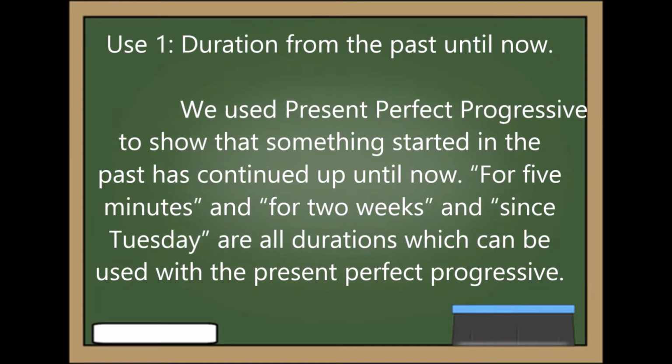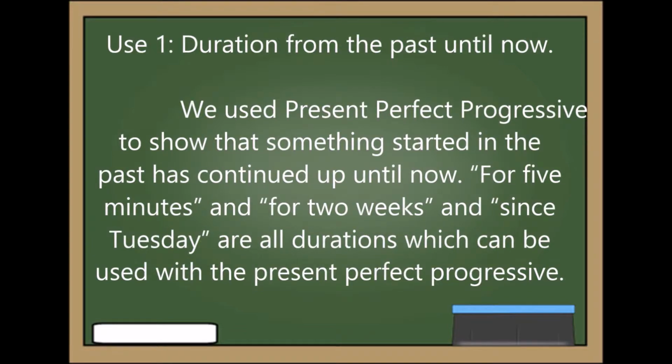Present perfect progressive. Use 1. Duration from the past until now. We use the present perfect progressive to show that something started in the past and has continued up until now. For 5 minutes, for 2 weeks, and since Tuesday are all durations which can be used with the present perfect